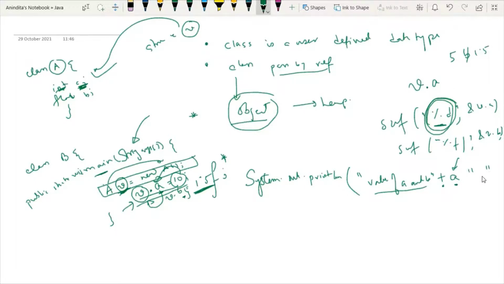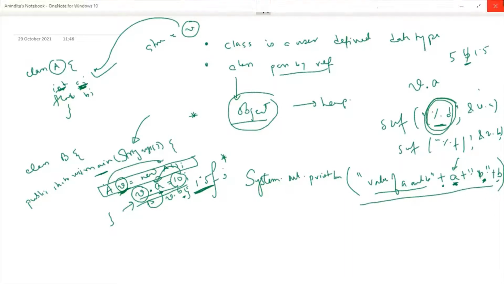So now you have to write one blank space. In Java, how can you write a blank space? Double quotes, then put a space, and then quotes. This is how you can put a blank space between two variables. But this is an integer variable and this is a string, the blank space, so again you need one concatenation symbol between them, and then you can print the value of B. Again this is a string and this is a float, so you need a concatenation symbol. So this is how it will look. I'm writing it so you will be able to see.